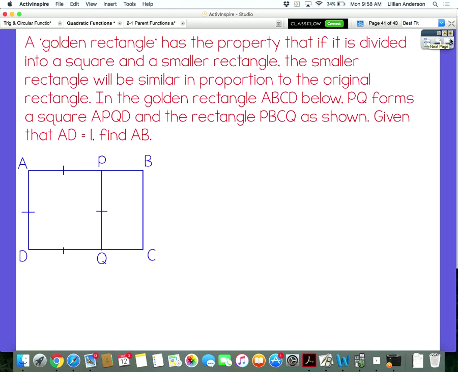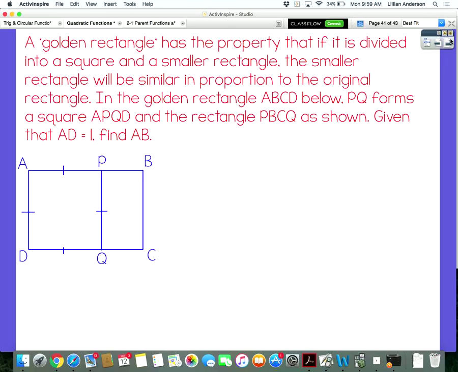Here's another one of those special cases, the golden rectangle. It has a property that if it is divided into a square and a smaller rectangle, the smaller rectangle will be similar in proportion to the original rectangle. Now, they're not going to give you this piece of information and you not have to use it to answer